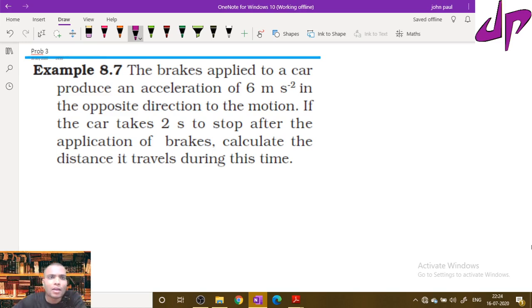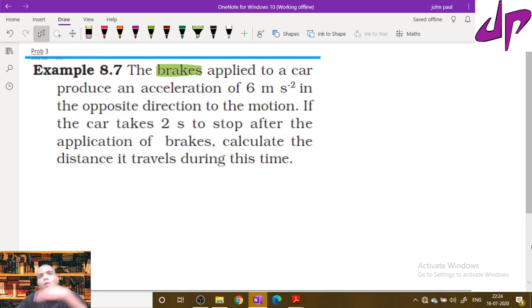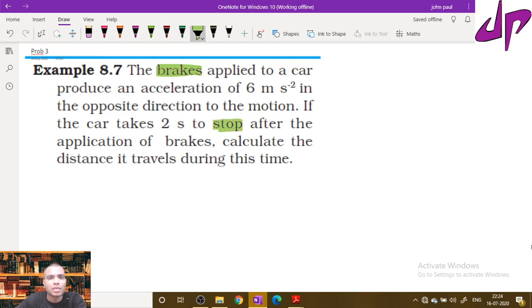Now from the given problem we need to identify values very carefully. For that I can see here brakes applied. It means if you apply brakes, what happens? The velocity decreases. The car comes to rest. When the car comes to rest, it means it came to stop. So we need to know that its final velocity is 0. But in the given problem, they do not mention anywhere what is the initial velocity. So from the given problem, I can write given that